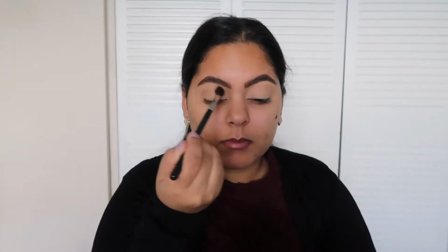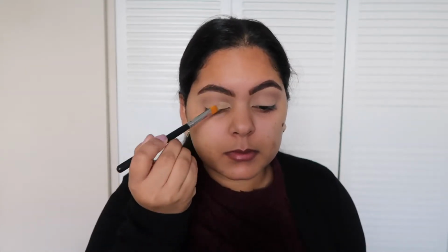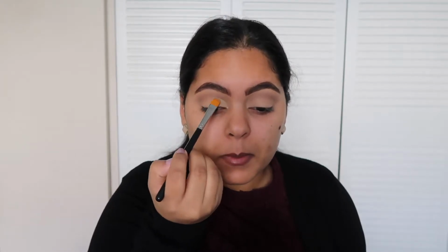Now let's keep going. For my second color, I'm going to be taking this brown shade up here, and I'm going to be adding that on my transition and a little bit lower as well. Now that I'm done with my transition shades, I'm going to be cleaning up a little bit of my inner corners so I can apply that silver color onto my lids. I'm just going to be using my Tarte Shape Tape Concealer. So now I'm going to be taking my Morphe G15 brush, and I'm going to apply this silver shade onto